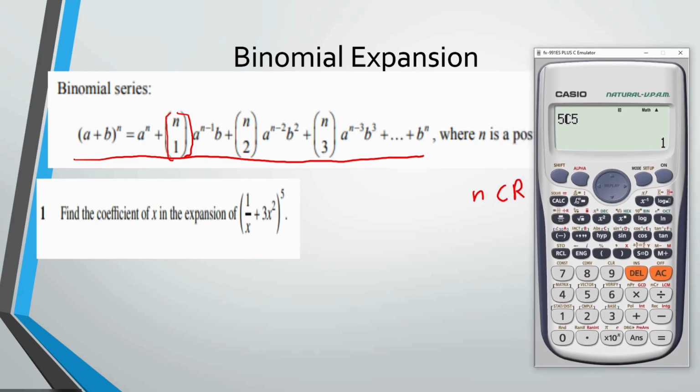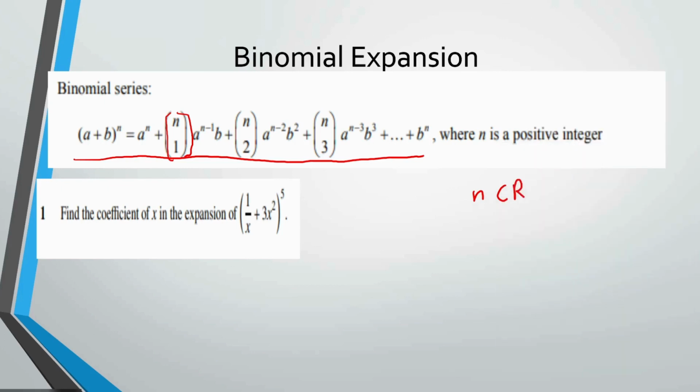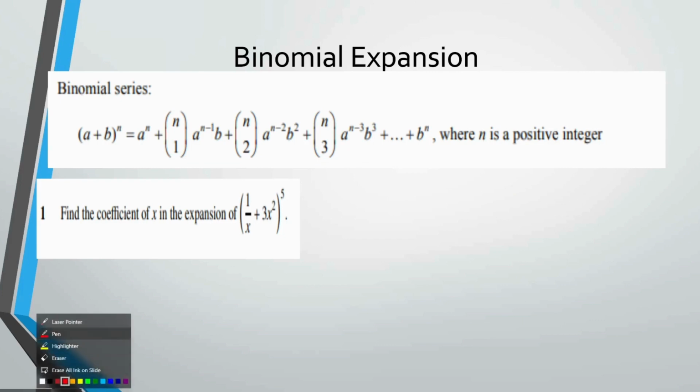find the coefficient of x in the expansion of 1 over x plus 3x square to the power of 5. So to do this, first of all, let me write it all out. Let me close the calculator. Now let me write it. Let me erase. Now let me write it. Alright, so